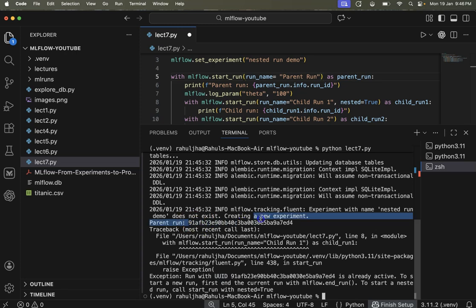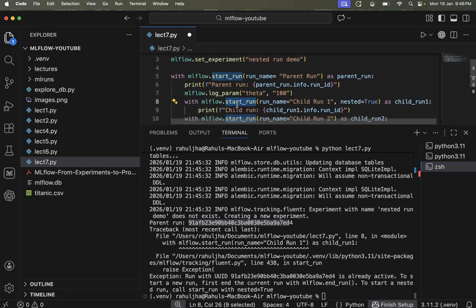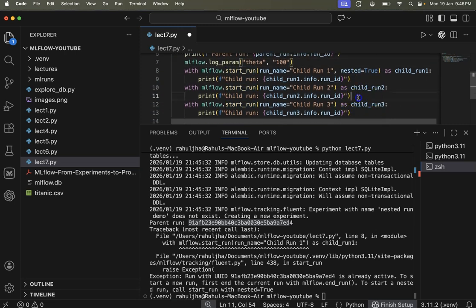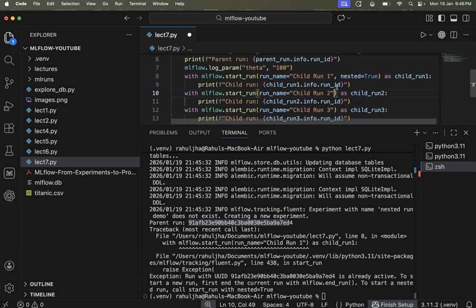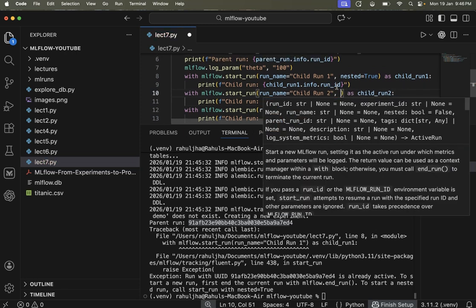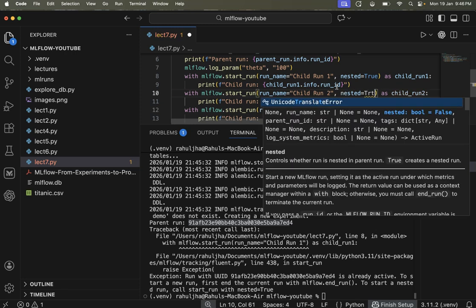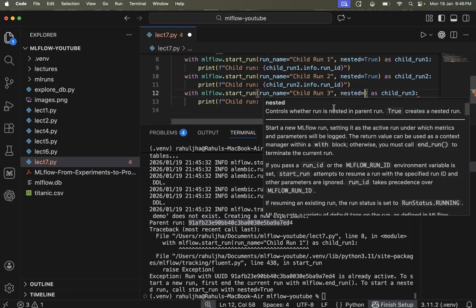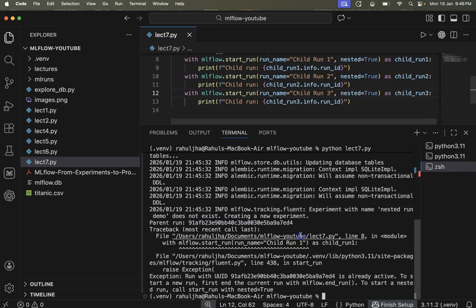So the parent run was created, but since the parent run was active, we could not create the child run. Let's pass nested equal to true, and let's use nested equal to true here as well.